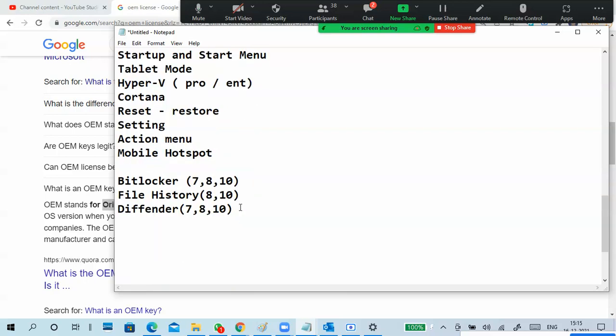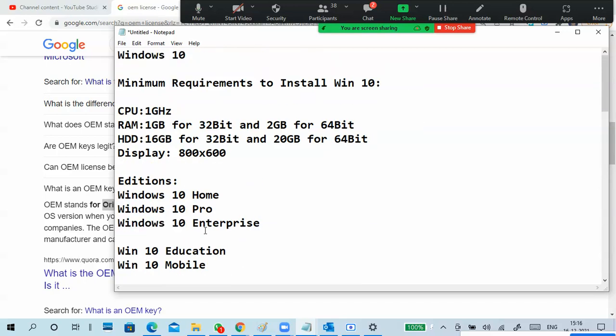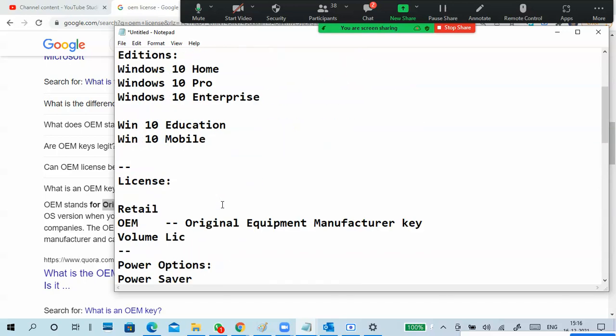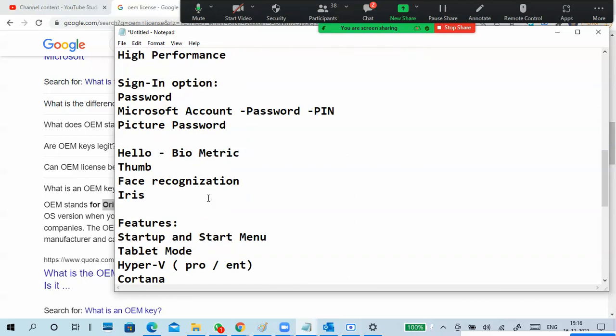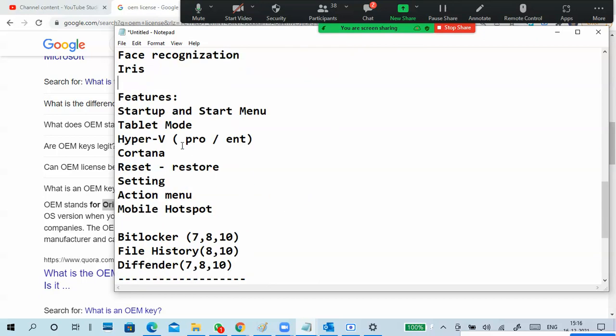Go through once. So these are the features of Windows 10. What I told: Windows 10 minimum requirements, editions, licenses, power options, sign-in options, biometric recognition.